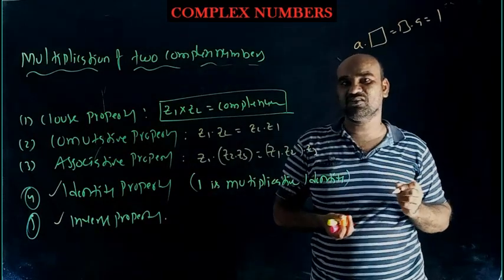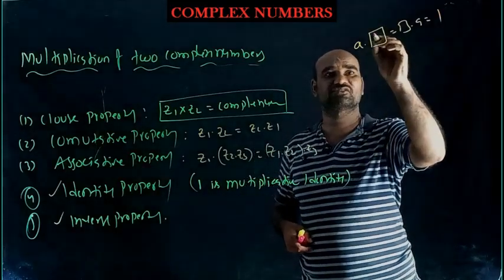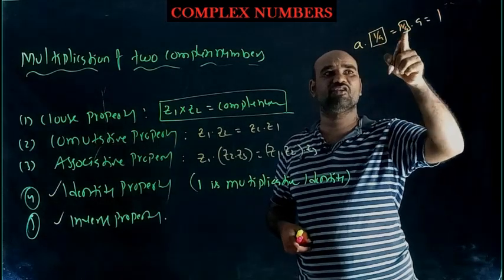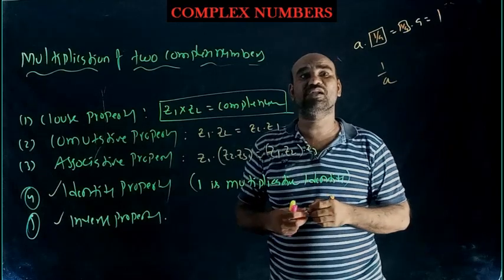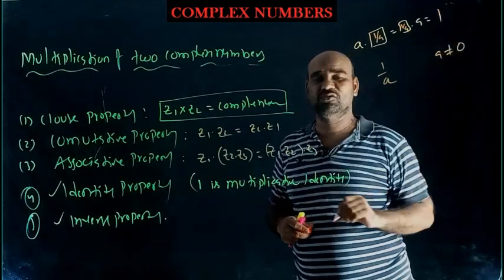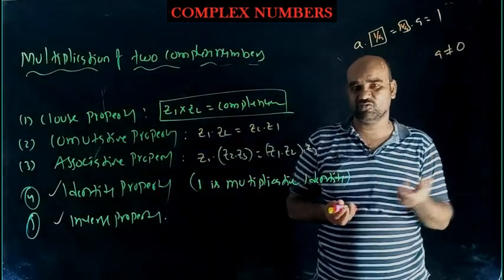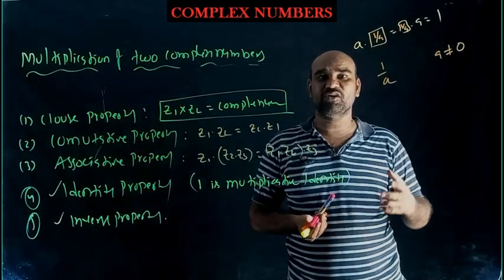And what is the box? That is called the multiplicative inverse of A. So instead of that box, what should you write? 1 by A. A into 1 by A equal to 1 by A into A equal to 1. So that's why 1 by A is called the multiplicative inverse of A, provided A is not equal to 0. Means there is no multiplicative inverse for the number 0, because 1 by 0 won't exist. Multiplicative inverse of 2 means 1 by 2. Multiplicative inverse of 1 by 2 means 2.